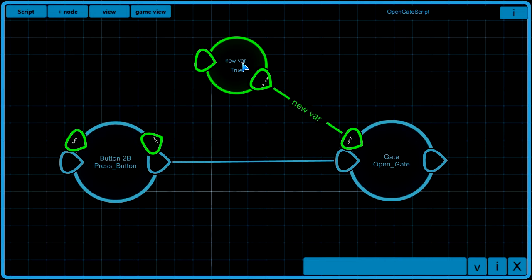And change the name. To change the value or name, you need to double click, and then one more click to start editing. So gate state. I call it gate state. That's my new variable. So this is the ready script, Visual Script. It means that upon pressing the button with the name button2b, the next function OpenGate will be called with the variable true, OpenGate true. So let's save the script